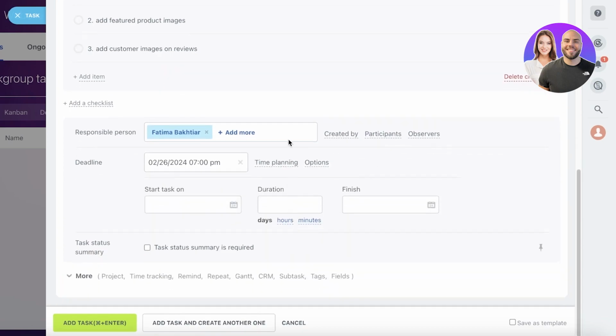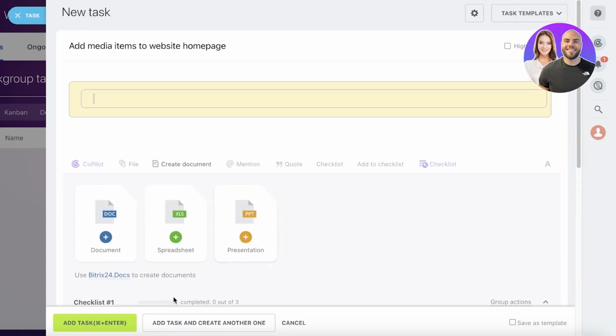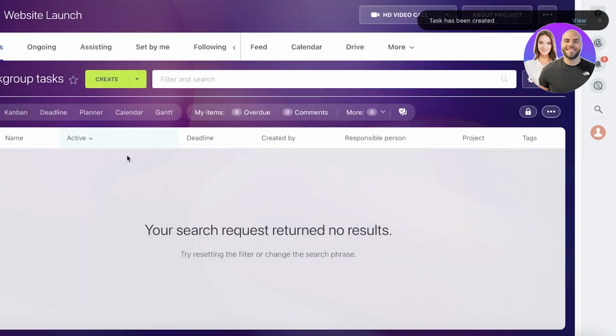You also have the time planning options, which can help you in setting a definite time for the task to be completed. After that, you have a task status summary, in case a task status summary will be required for this particular task. Once you have done that, you can click on Add Task on the bottom, and